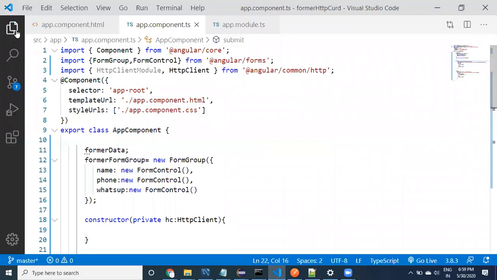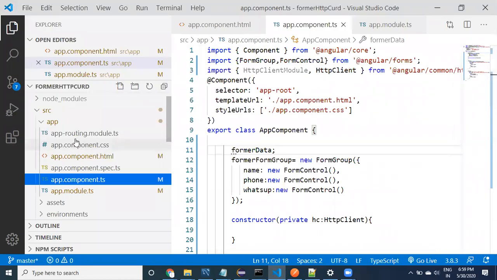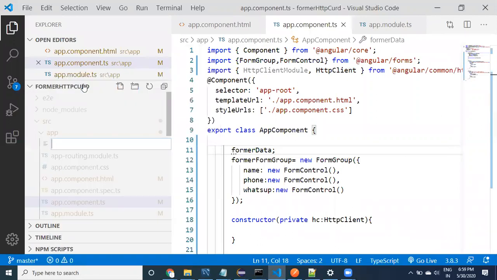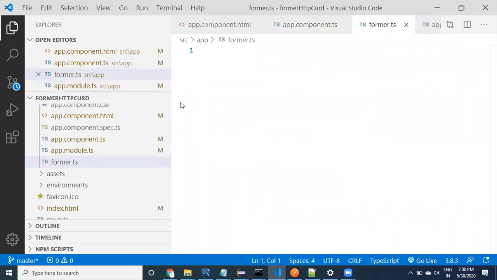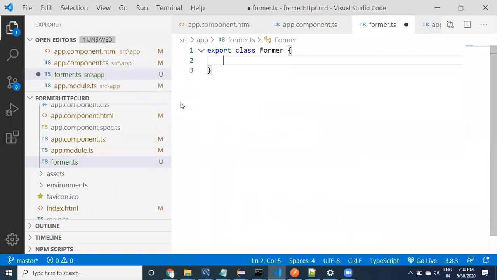I want to apply the type for the farmer. Type means what kind of data we are receiving. I want to put it inside a POJO kind of class. What is this? farmer.ts. I'm going to take farmer.ts and make it an export class. What is the class name? Farmer. You can take it like this.